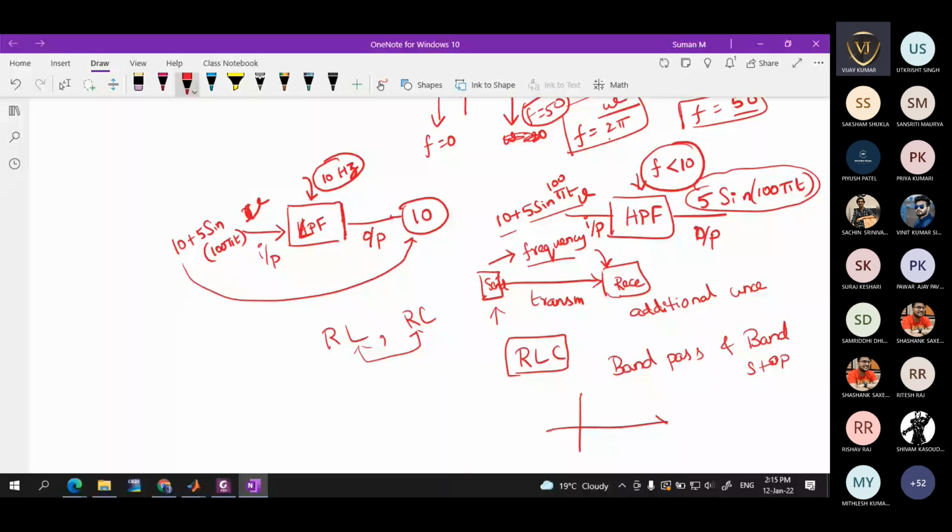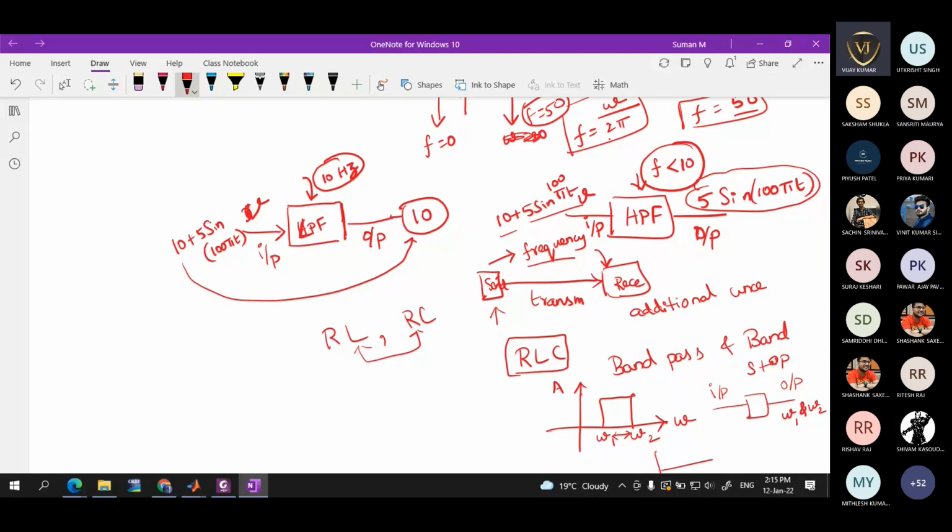So if you have omega here and an amplitude, band pass means it will allow signals in one particular bandwidth. So you have a lower frequency signal and a higher frequency signal. Within this range only, if you are getting a signal and its frequency is within this range, then your output will be given within this range. Your input may have a wide range of frequencies, whereas your output will contain only the signals which are between omega 1 and omega 2. So this is band pass.